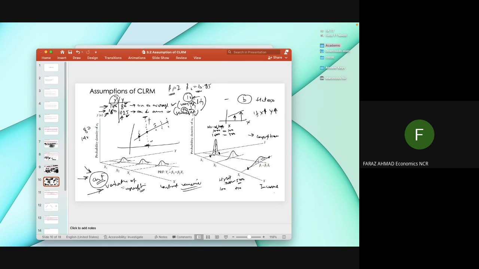We need our variance to be constant. So we need homoscedasticity, not heteroscedasticity, because otherwise it will affect our predictability and we will not be able to fit our model better. Our regression would not do a good job. We will study heteroscedasticity and homoscedasticity in a lot more detail when we come to the unit on violation of assumptions. In fact, I've told you a little bit more than required at this stage.